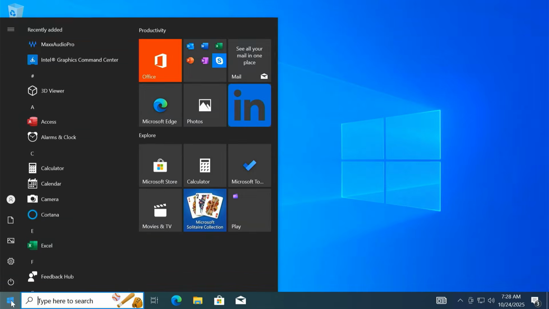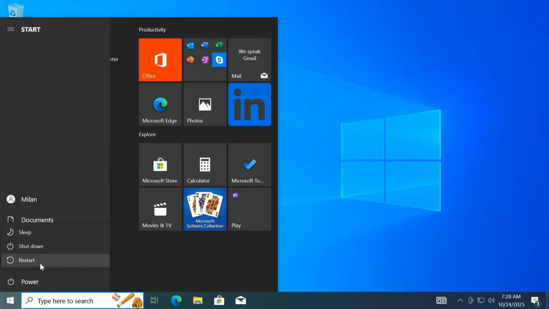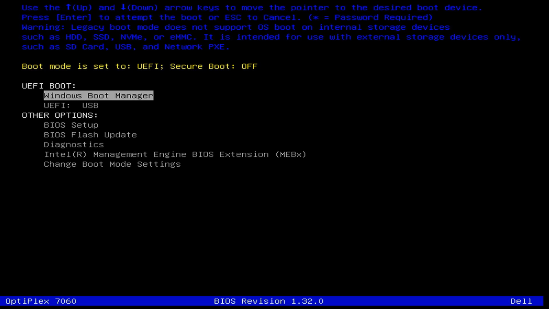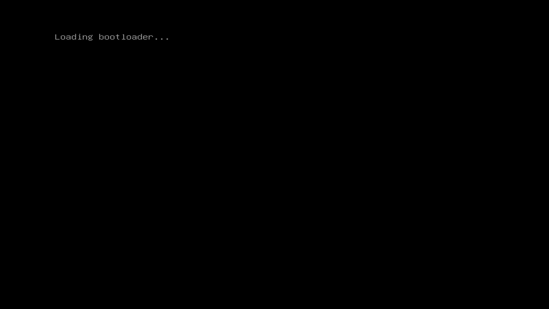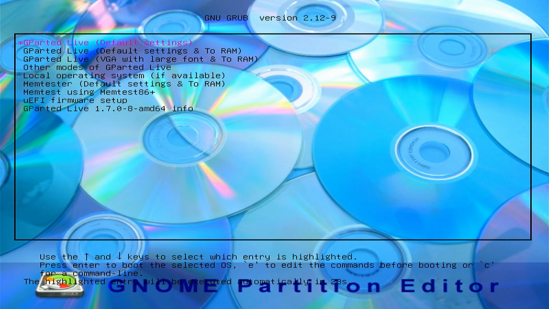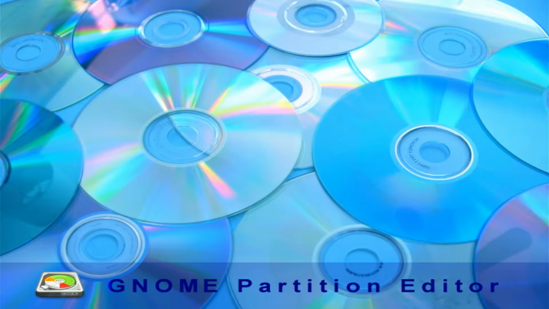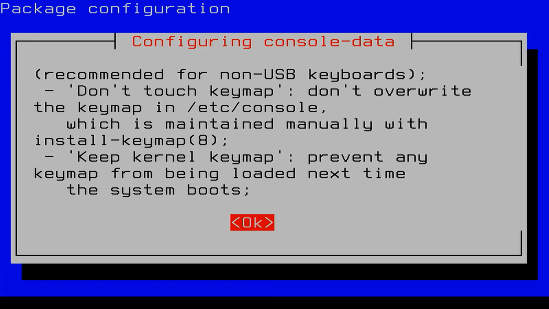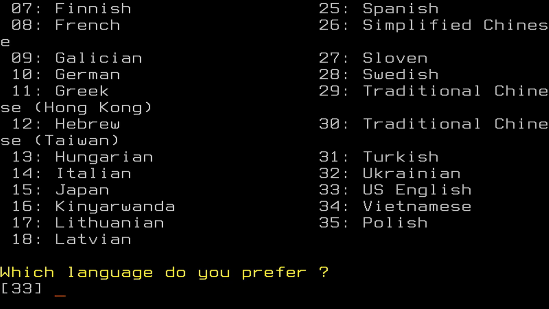Now it's time to boot your computer from the USB drive we just created. Restart your PC and while it's turning on, keep pressing the boot key. On most computers, it's either F12, F9, Escape or Delete depending on your brand. From the boot menu, select your USB drive and press enter. You'll now see the Gparted boot screen with several options. You can select the third option, which will load the Gparted with bigger text, making everything much easier to read. You might see a few more screens, just press enter to go with the default options.